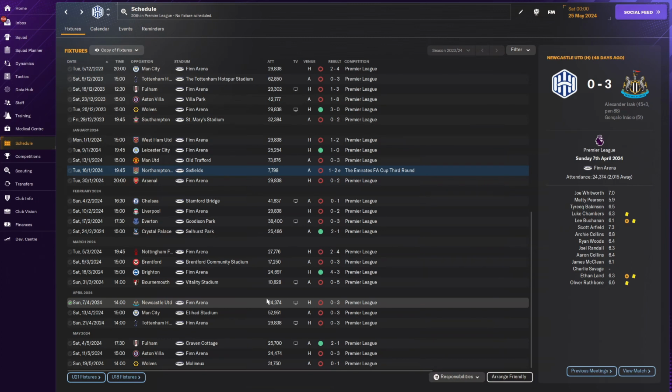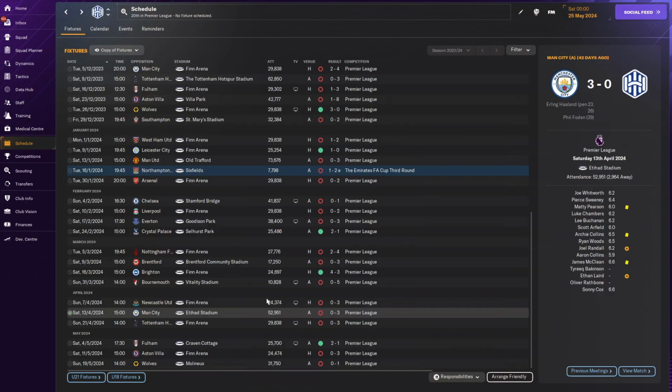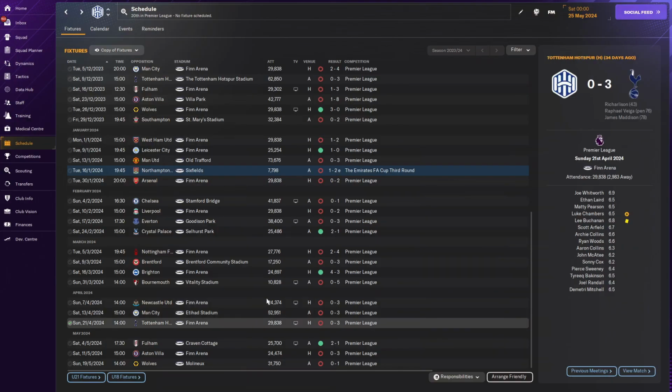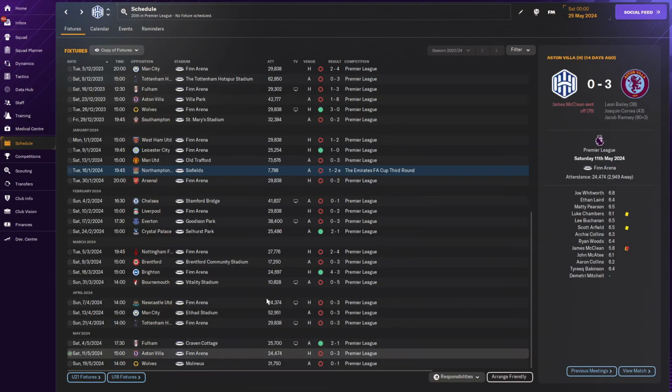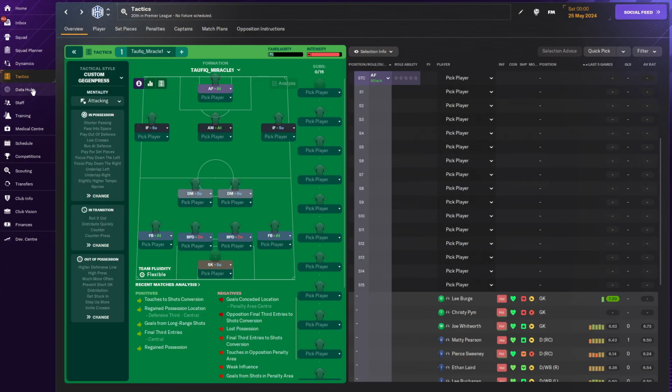3-0 defeat against Newcastle, a 5-0 defeat against Bournemouth, 3-0 against Man City, 3-0 against Tottenham, a 2-1 win against Fulham, 3-0 defeat against Villa, and then on the final day, a 1-0 defeat against Wolves. Anyway, this tactic is pretty decent, but